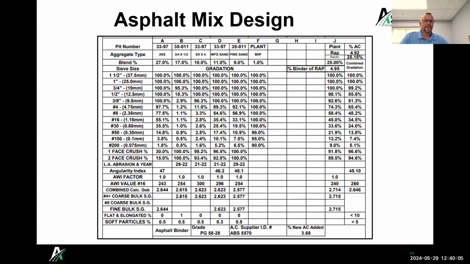I think you did mention, but just as a reminder, how long are those tests good for if they have been done? The AWI and abrasion, 5 years is what MDOT says on their specs. And any pit, if they have done the test, they should be able to provide you with the results with a date on it, so you have that number. Yep.